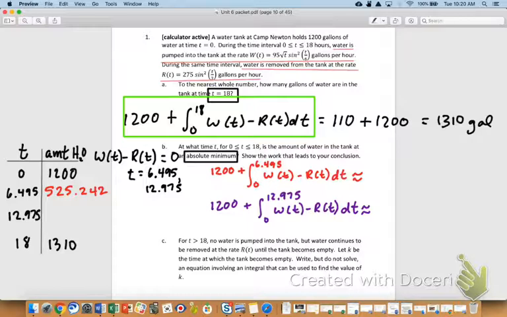If you just wanted to literally write, at 12.975, the net rate goes from positive to negative, therefore that can't be the min, I'm good with that. That's a great way to address it. That means it's a relative maximum, which could never be the minimum. If you wanted to write that, I'm totally okay with that. If you just wanted to calculate the value, I'm okay with that too. Either way.